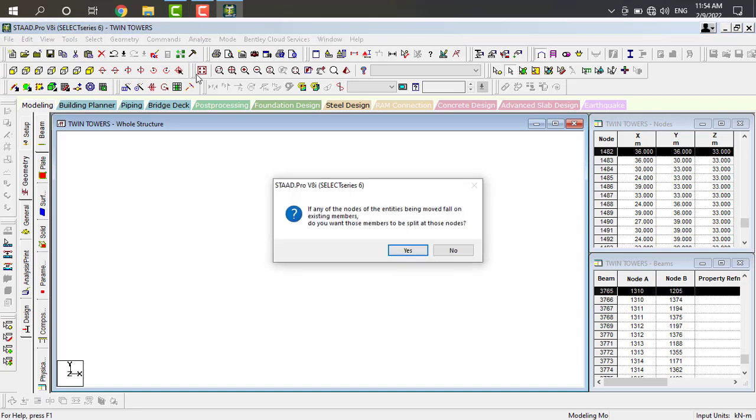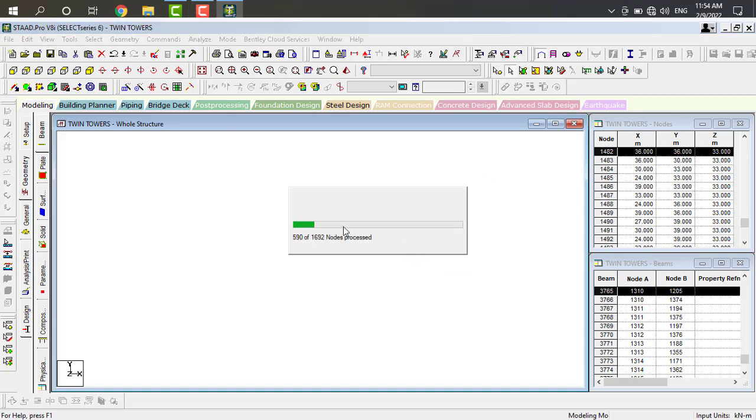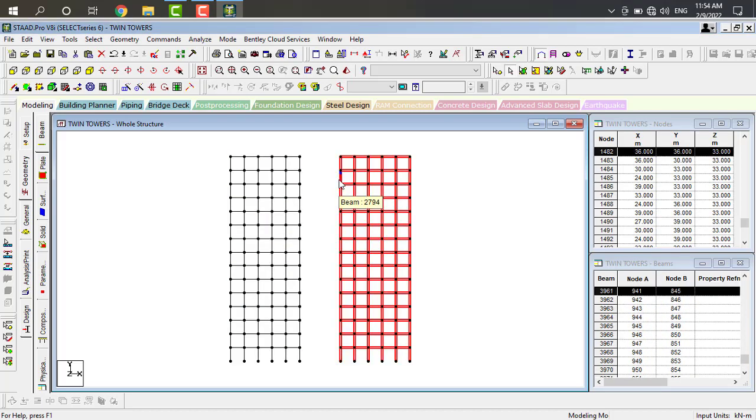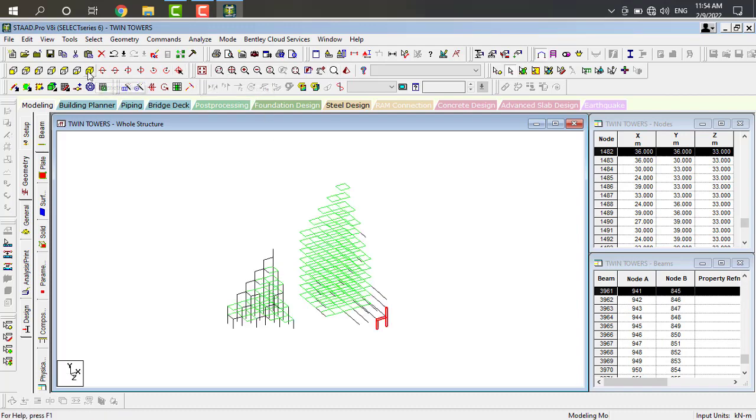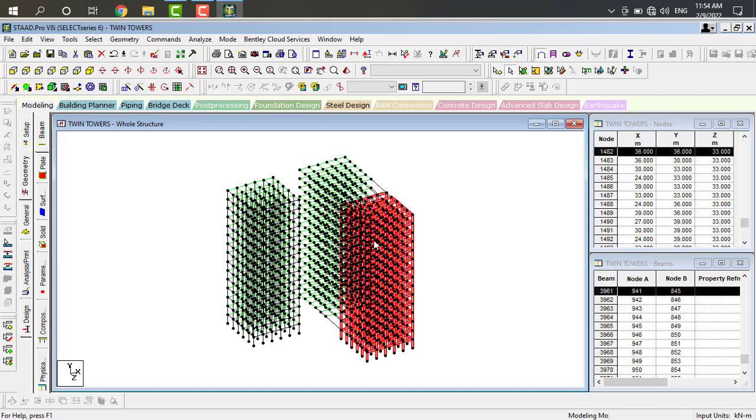Go to 3D view. Yes, it will be copied like this, the beams, and again I want to copy and move the plates also.